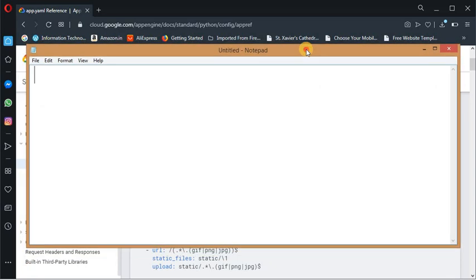So first is the runtime. Runtime is Python 3.7. Then we can give the version.